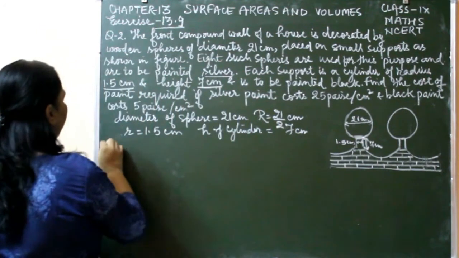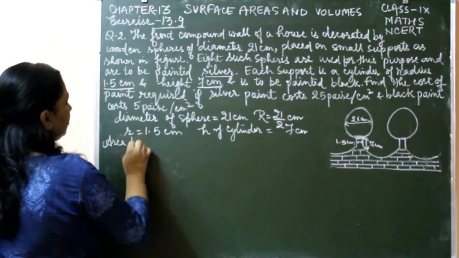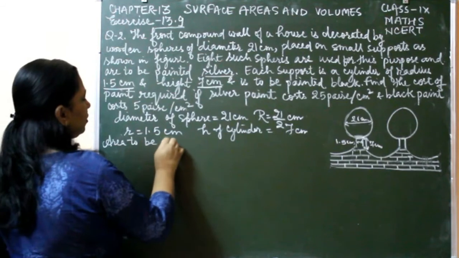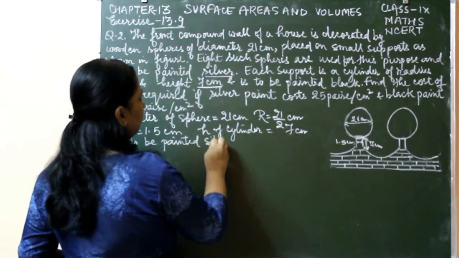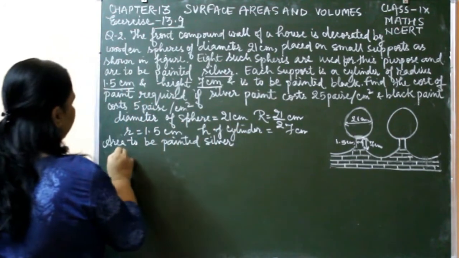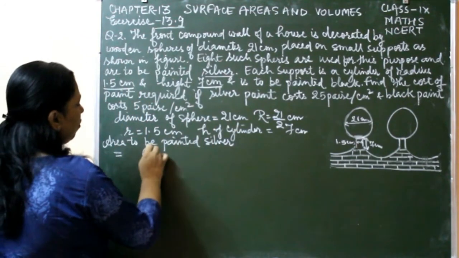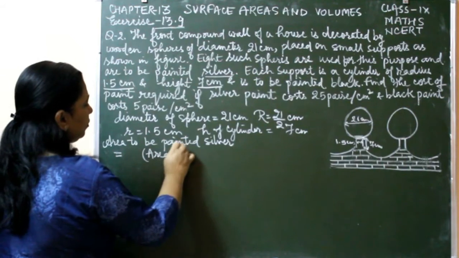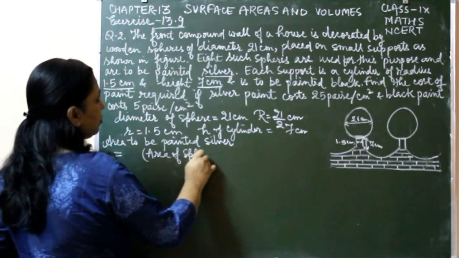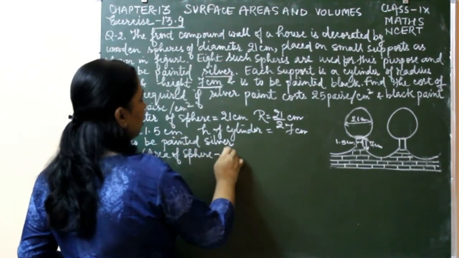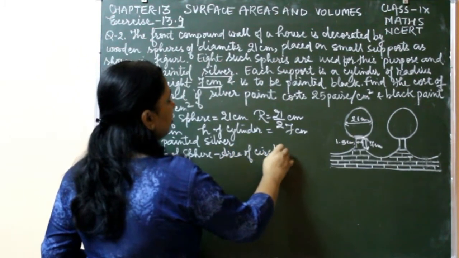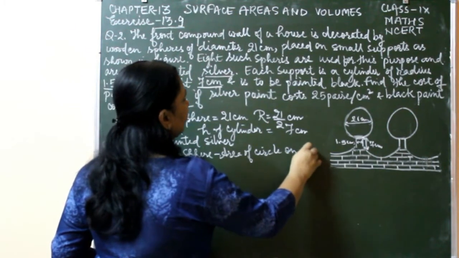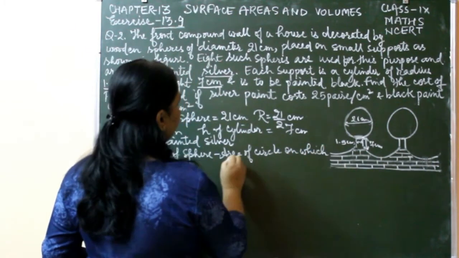Okay. Now area to be painted silver, that is equal to area of sphere minus area of circle on which sphere